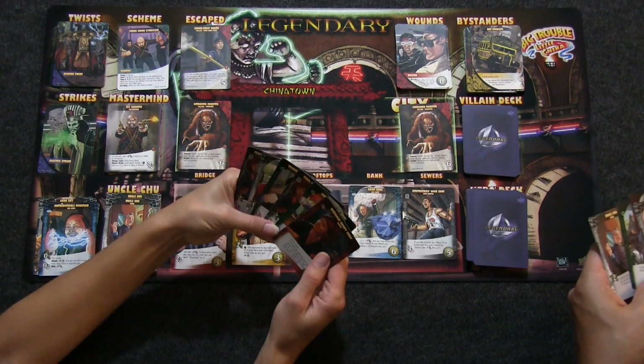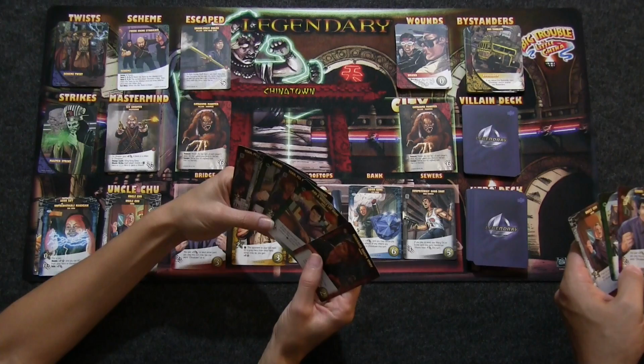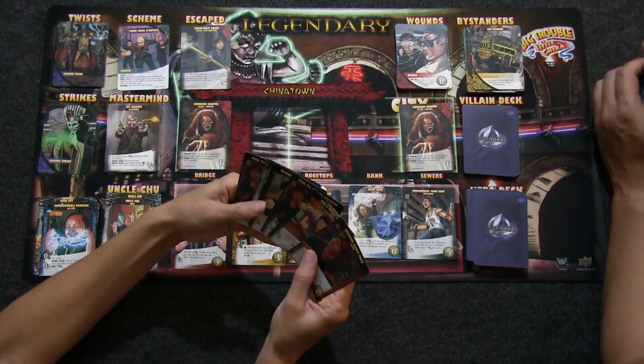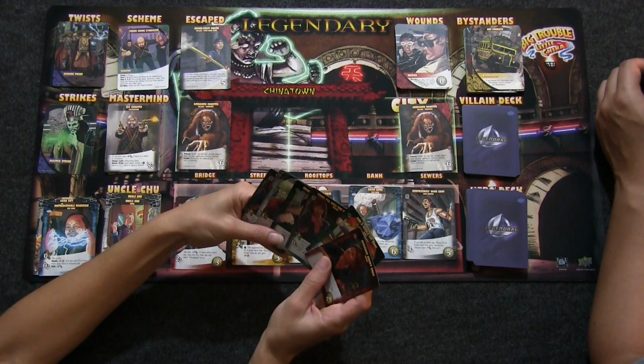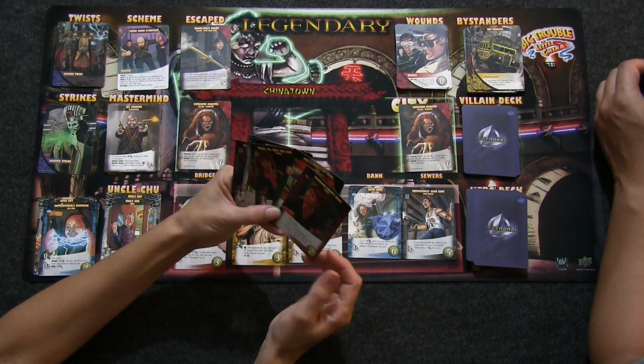Yeah, this is no good. I need that. I have a strategy. Not here. KO, you're just discarding. I know I'm just discarding him, but...